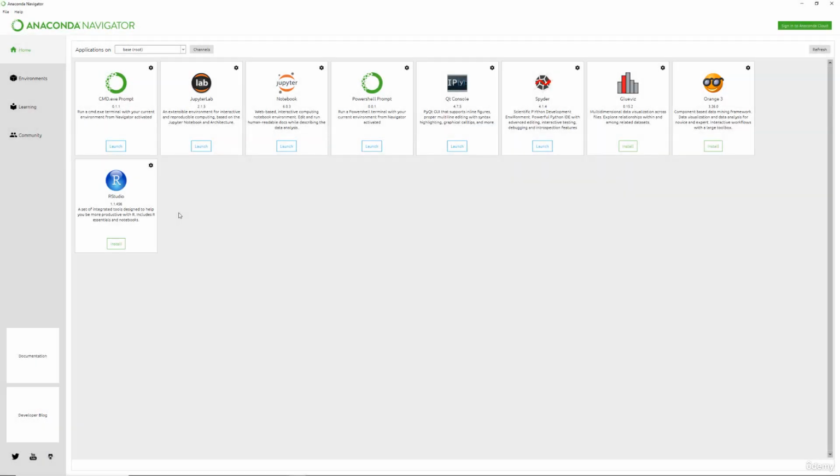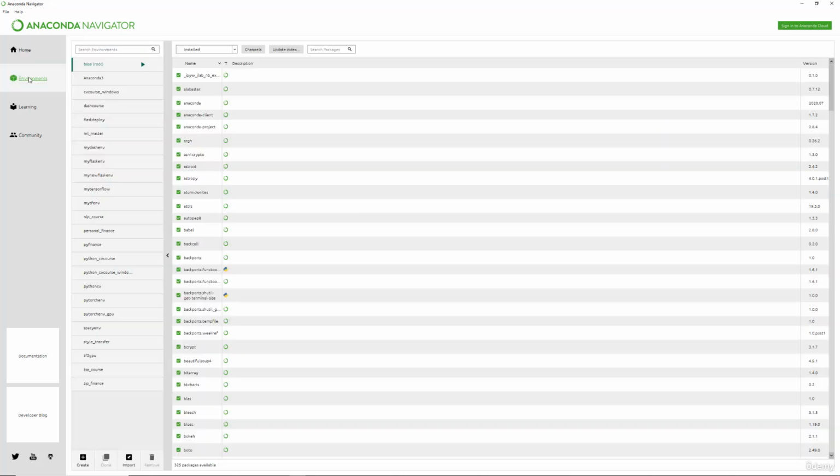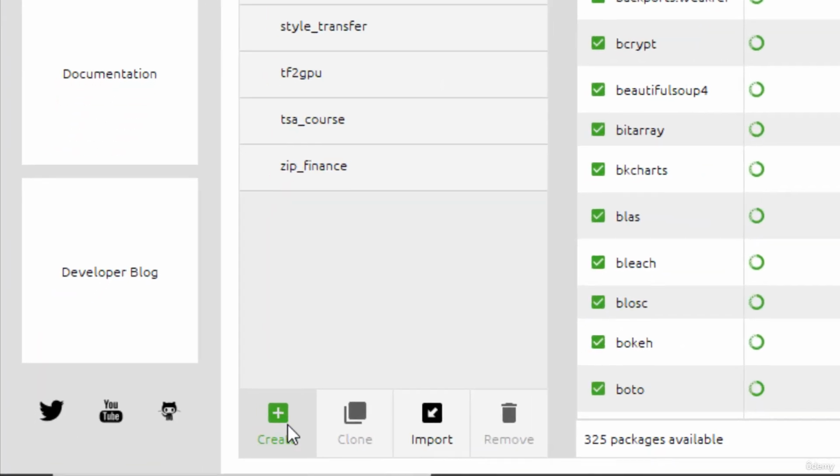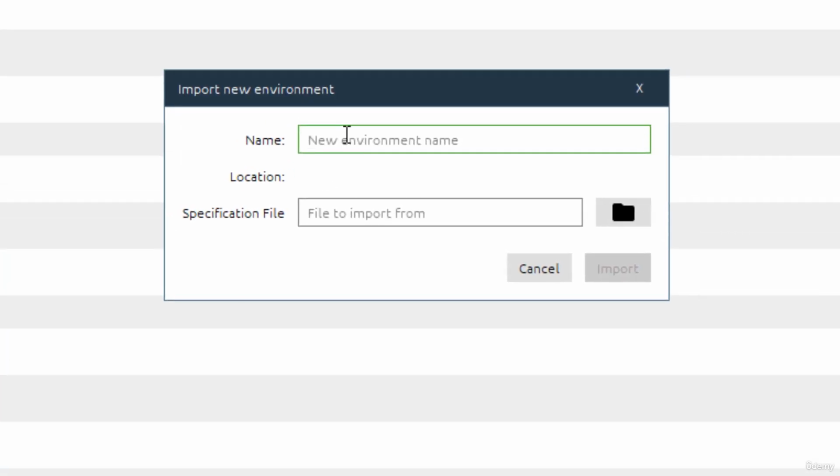Okay, here I am at Anaconda Navigator. What we're going to do is on the left-hand side, go to Environments, and then you'll notice I already have a bunch of environments set up for the variety of courses that I teach. What I'm going to do is create a new environment by importing it. What we can do here is you can either create a brand new environment and then manually add in the libraries, or import from the requirements.txt file that you just downloaded. Click Import, and it will bring up this window here, and you can decide on a new environment name. You can call this whatever you want. For example, you can call it New